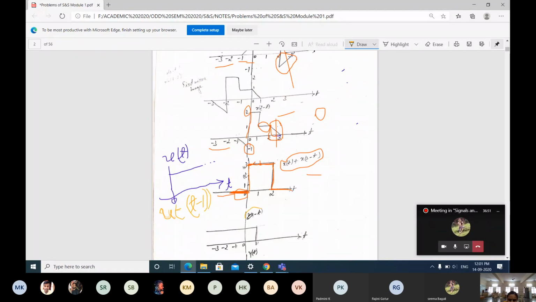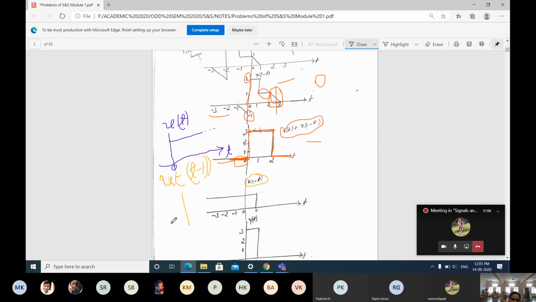We have to get this signal from the u of t function. For that reason, based on u of 1 minus t, I will take the negative outside, so I will be getting t minus 1. First, I will go for the mirror image, meaning reflection. So I will be getting a signal like this. This is your u of minus t signal, right? Here it will be going for minus 1, minus 2 and going on. This is our t signal.